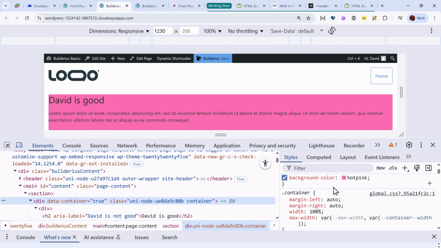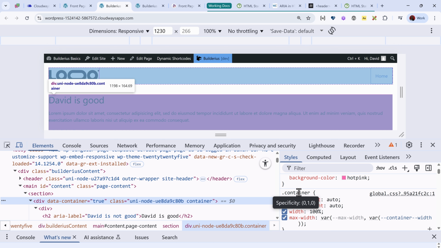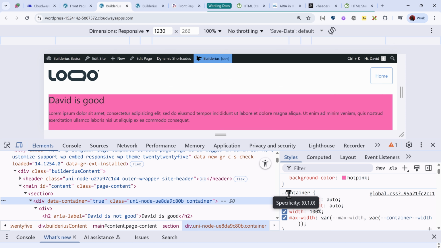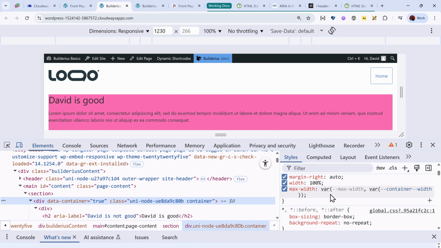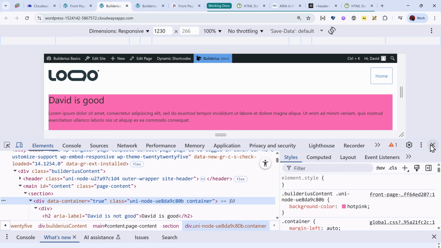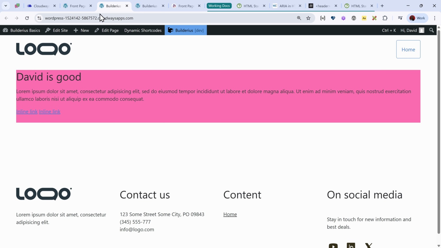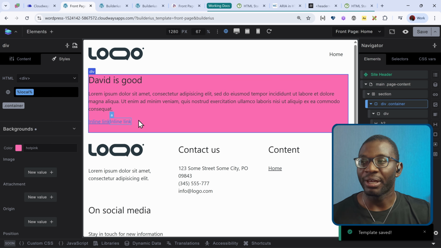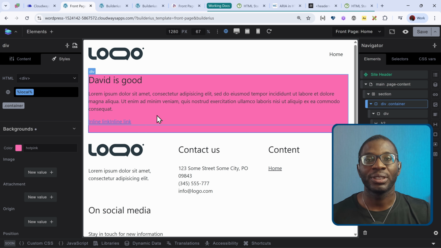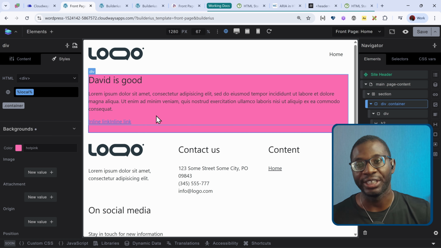But then for the global styles, the way you put it is what is going to be outputted. So we have a one-class specificity and that is applying that style for us. So that's it for the global styling. This method is available to both the pro and the free users.